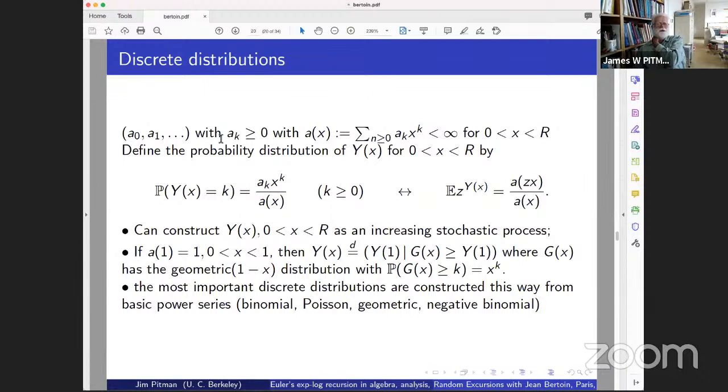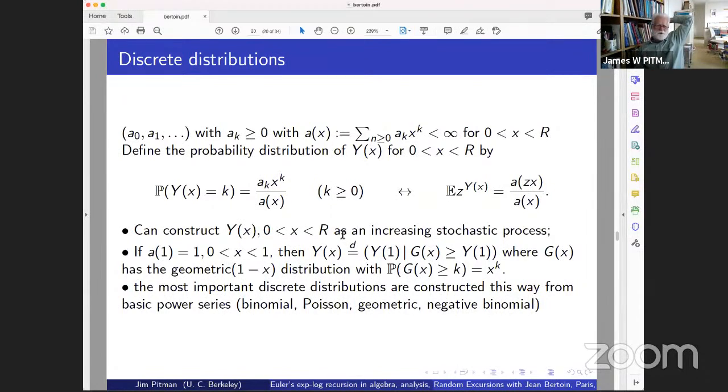Let's take a very generic model for a discrete distribution on non-negative integers. We take a power series A of x with non-negative coefficients, and we renormalize it to make a probability distribution. This is called a family of power series distributions. We have a parameter x, and the generating function is just given by a ratio of two evaluations of the power series. And if you can easily, in most circumstances, and I think in any generality, you can construct random